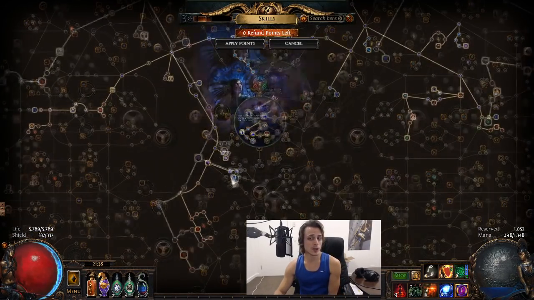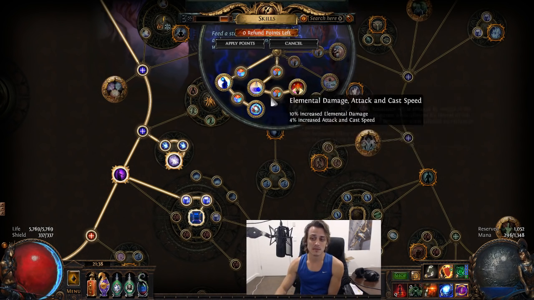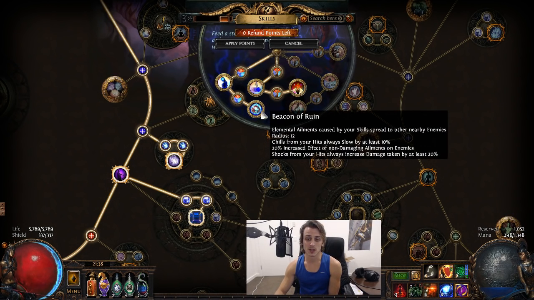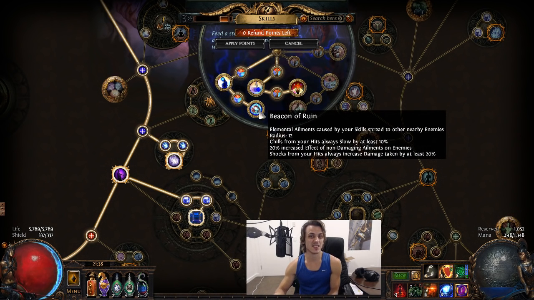Overall, you end up shocking for a lot more than just the base 20%, and it should end up netting you a lot more damage than what an Inquisitor could. So that's why Elementalist currently in this sort of setup is really strong. The triple penetration, the Beacon of Ruin for the shock, and as well as that, the Prolift then lets you